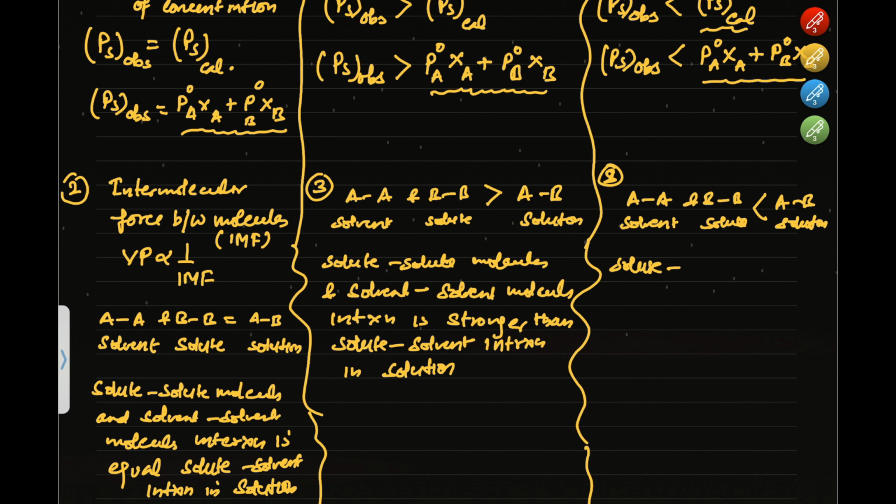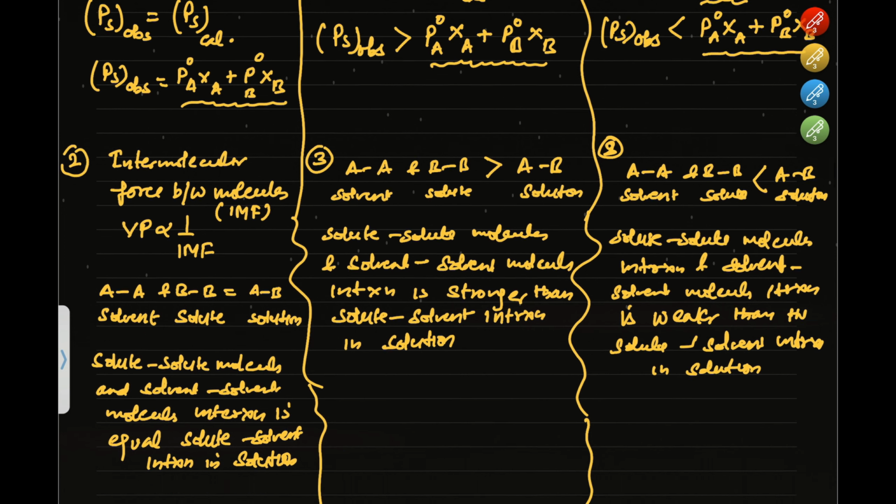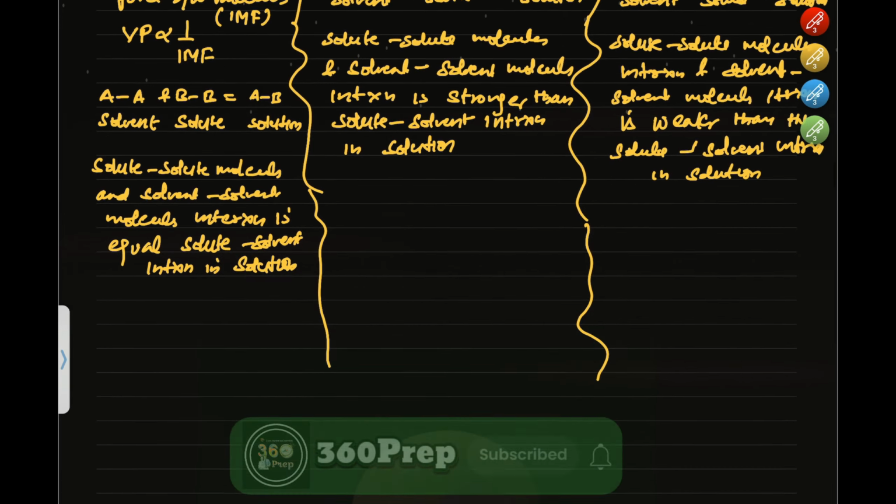The solute solute molecule interaction and solvent solvent molecules interaction is weaker than the solute solvent interaction in solution. Okay, that's why the vapor pressure of the solution decreases, and so the negative deviation. Okay,